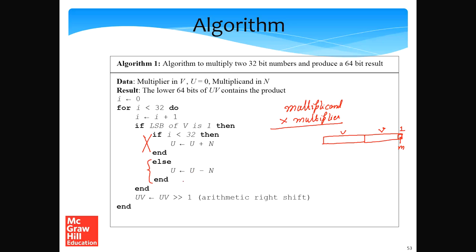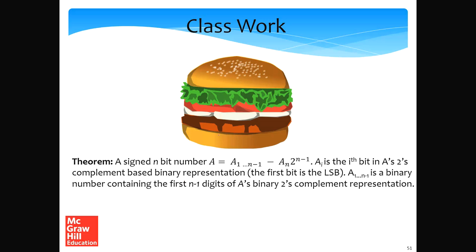So the reason that we are doing it, we have to go back to this theorem over here, which essentially tells us that the number, if I consider its 2's complement representation, it is the same as an unsigned number that is formed by the first n minus 1 bits, and from this we subtract a_n, which is the MSB, times 2 to the power n minus 1. So since the MSB is 1, when A is negative, A is equal to,